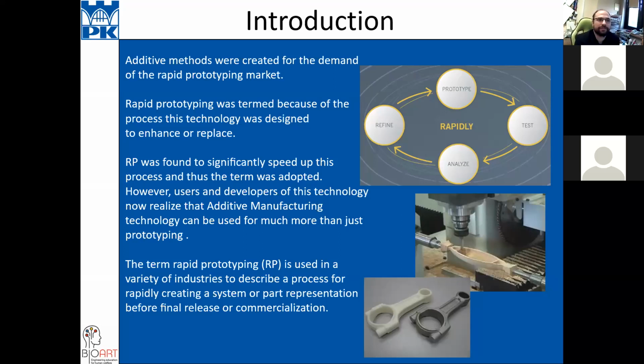Of course, you know that 3D printing is not a very fast technique, but in most cases it is the only technique we can use to make some special things.